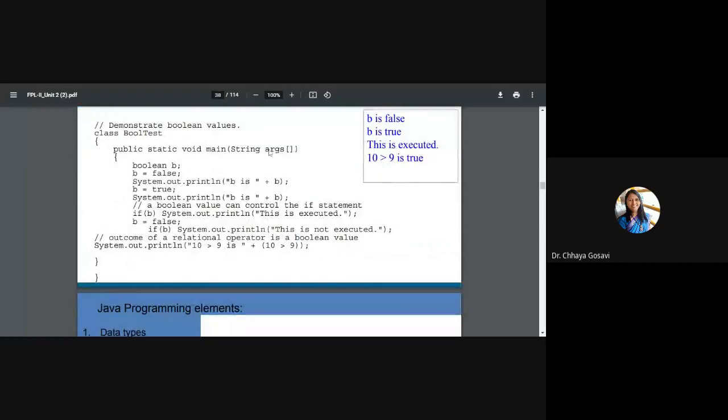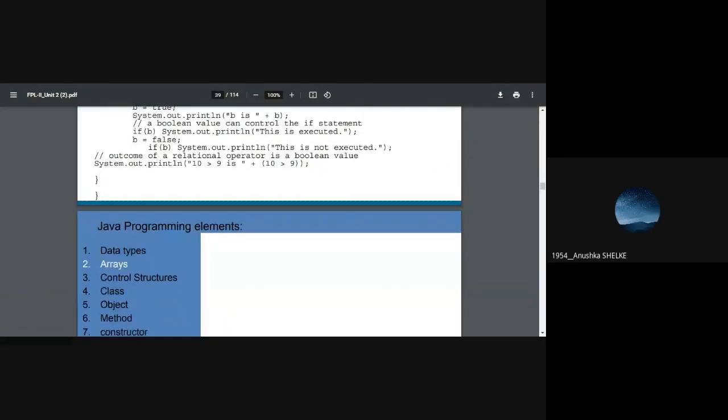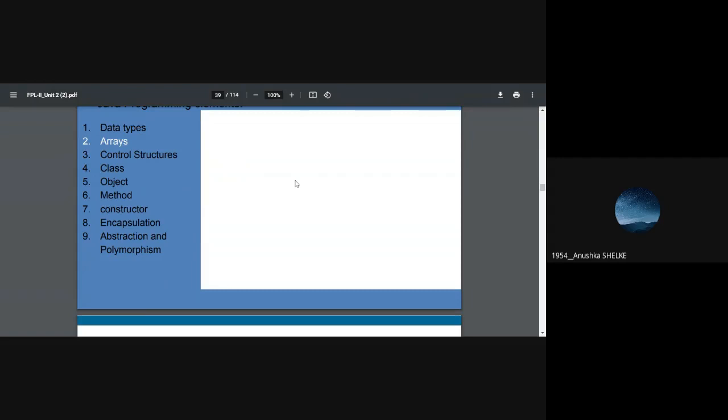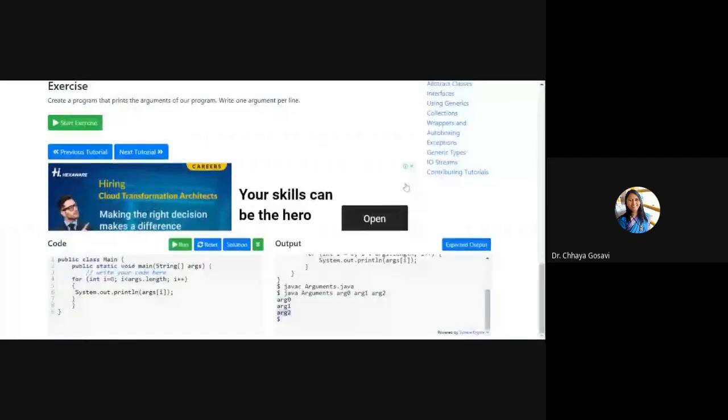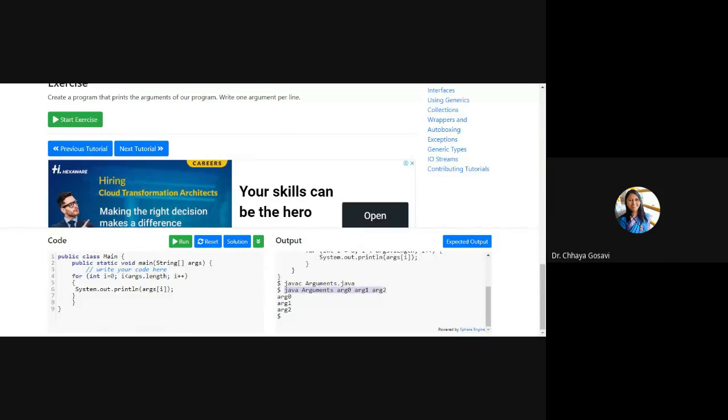Excuse me, ma'am. Yes. Ma'am, instead of passing the arguments, can't we just declare them in the data type itself? Yes, that we can always do, but there is one more method how to accept input directly from command prompt. In some cases, if you are writing a system program, you need to accept it from a command prompt, where directly when you run a program, as I have shown you here. So when you run a program on command prompt, here itself you are giving the input. So in some cases you need these types of input.